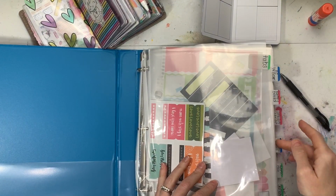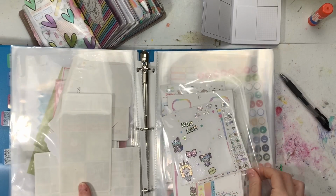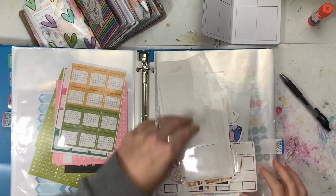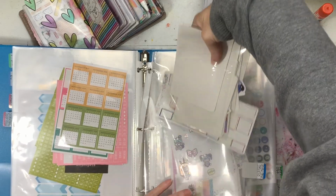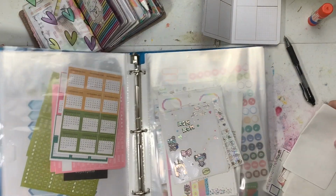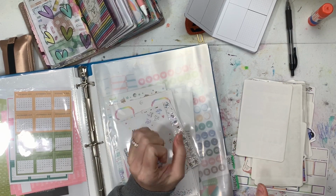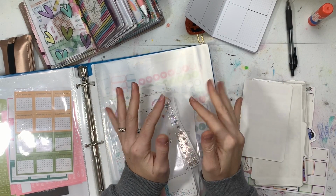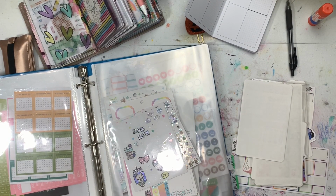All right, here is my planner sticker binder, and this is a mess. Like all my Shine Sticker Studio stuff is a mess because I have been buying left and freaking right. And I have another order coming because, you guys, I'm going to give you a sneak peek because I've been so extra lately in planning my